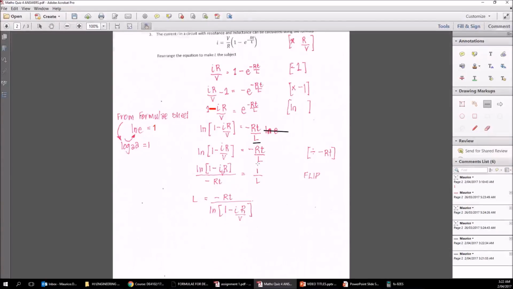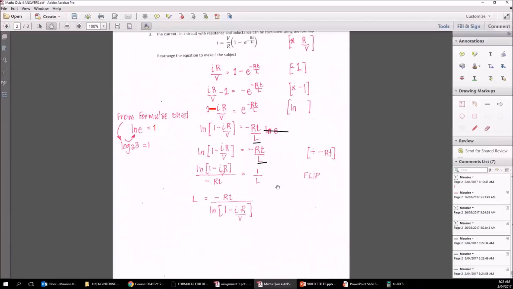But we want to get it on its own on one side. First of all, what I did was divide by negative r over t. That gets rid of the negative on that side as well, so we end up with a negative again. So dividing by negative r over t turns this into 1. So we get ln(1 minus iR over V) over negative rt equals 1